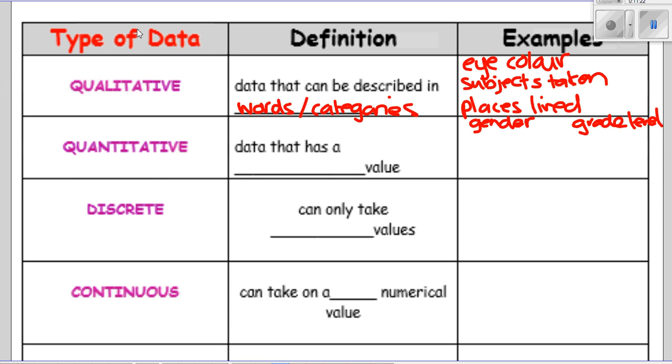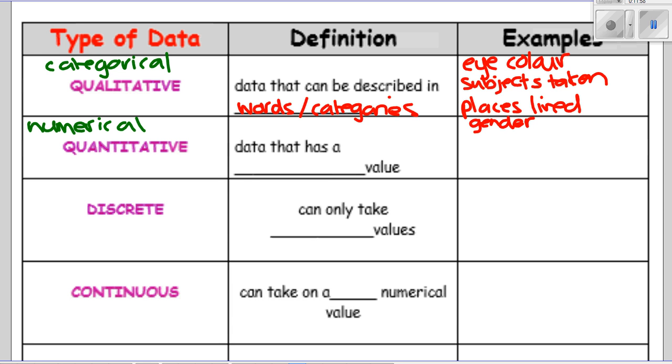Grade level is another one that's a bit subjective. If you're comparing and changing grade level with something, then the grade level to some extent is a numerical quantity where the numbers have meaning. If the numbers don't really have meaning, then maybe it's more categorical. So grade level is kind of a grey area. Quantitative: qualitative in the old days you would have said categorical, and quantitative you would have said numerical.